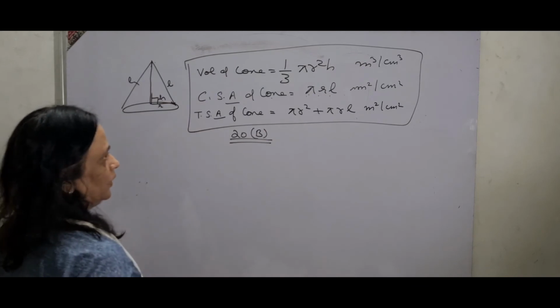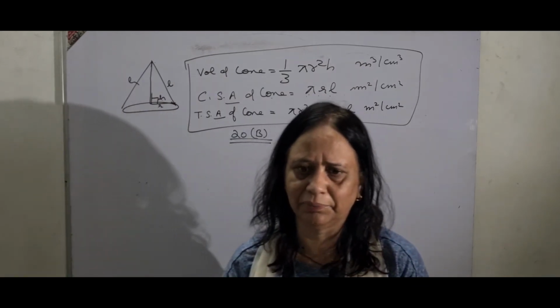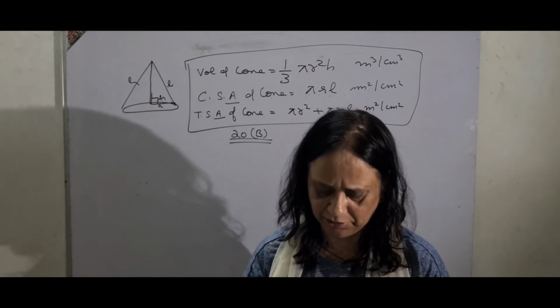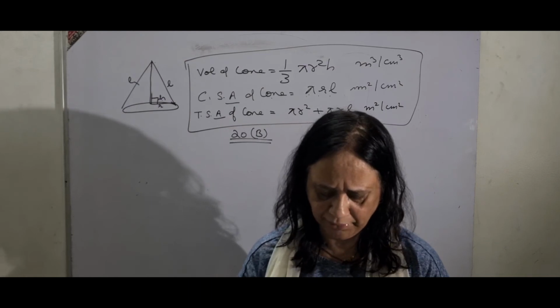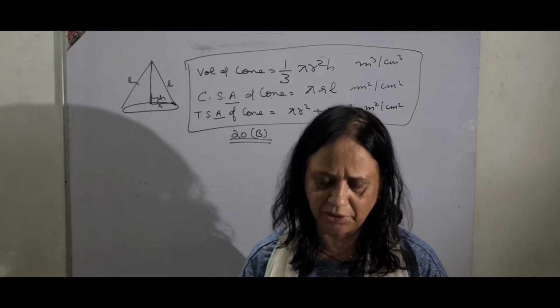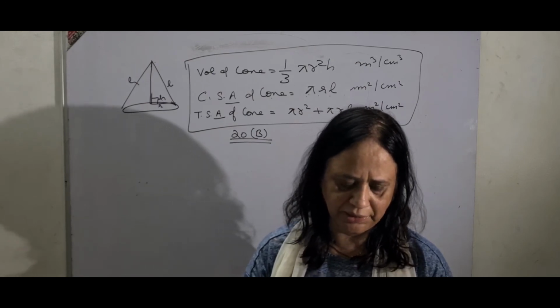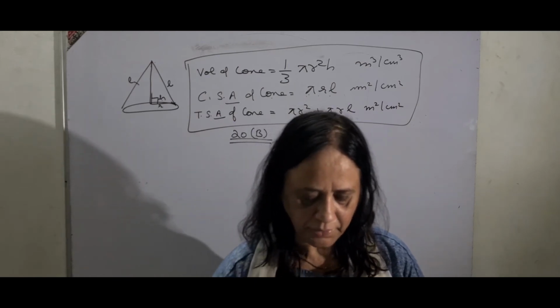B. So cone is the next topic in your three-dimensional figures, and children remember that only two three-dimensional figures are in your syllabus, cone and sphere. So it has been made easy for you. Cone and cylinder, sphere is not in your syllabus, so we will not do that topic. Then come to exercise 20b. I'll do some sums to give you the application of the formula.